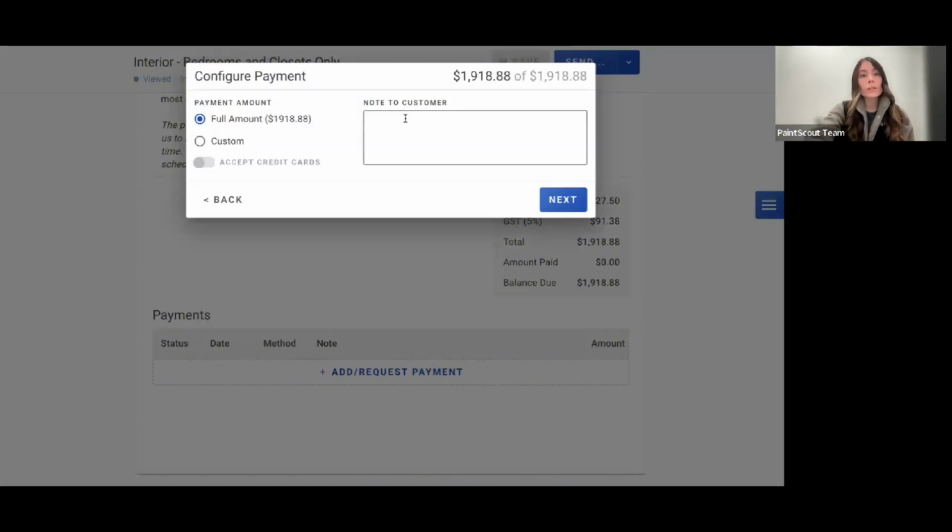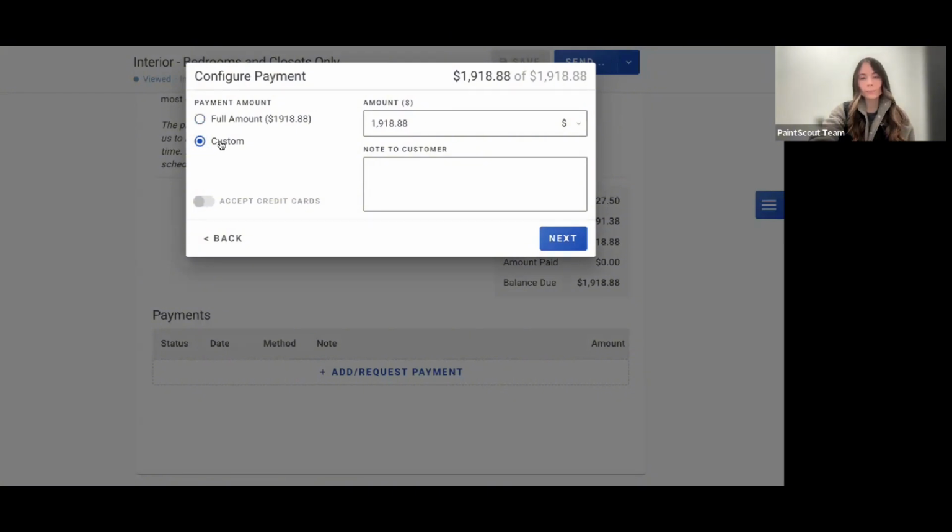You can either request the full amount, or like I mentioned, if you're somebody who requests a deposit or a progress payment, you can click down here on the custom button. From here, now I can edit my amount. If you're somebody who takes a deposit, that's a flat fee. So maybe let's say you take a flat $500 on every job, you can just enter that into the